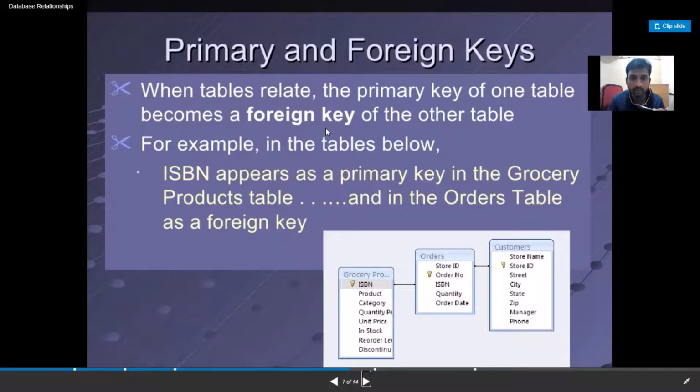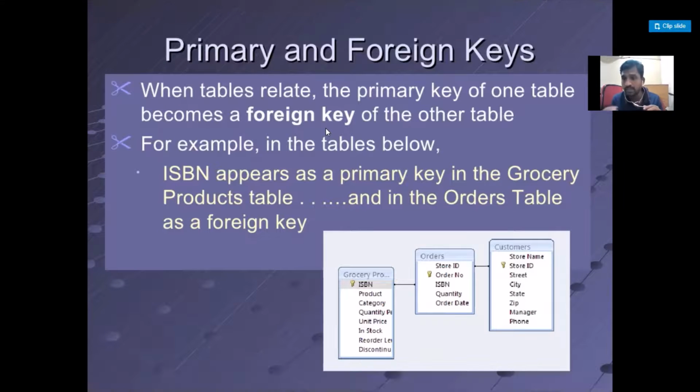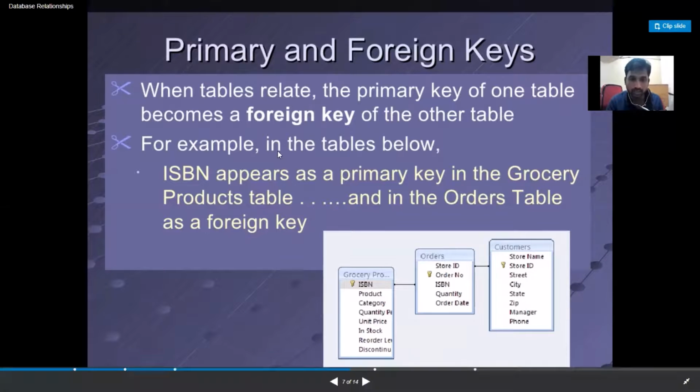Okay. So what is meant by primary key? The primary key is a column which contains unique values to identify the rows in the table. The same primary key, if you are using it in another table as a column, is called a foreign key. It is creating a relation. So with the help of this, if you are making any changes to one table, that will automatically update the second table. So that is the usage of primary and foreign keys.